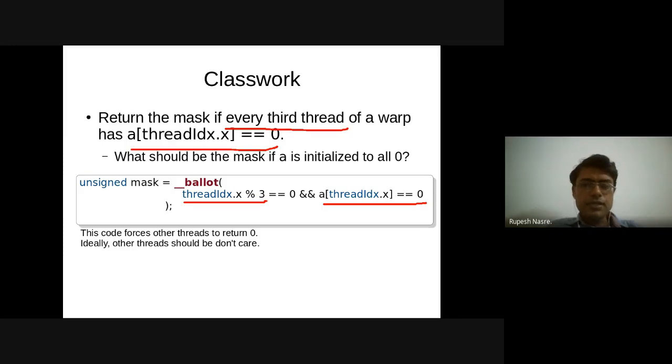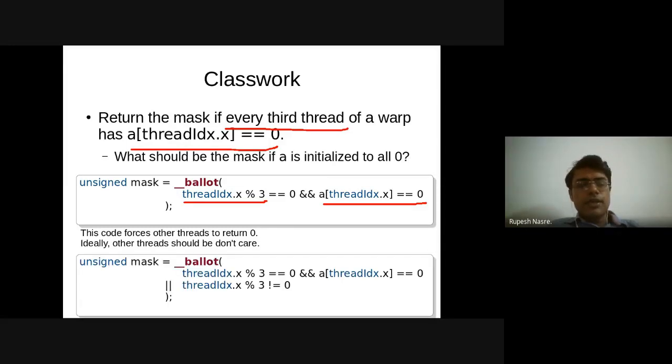In case there is any question here, we can take that up. And now we would like to fix it. I would like this to be a don't care, and that is where Naga Anish's code comes into play. So you can have the same condition, and then it can be augmented with some OR condition, or the way Naga Anish has written, that could be another way in which that can be written.